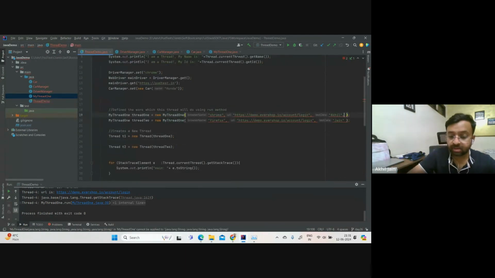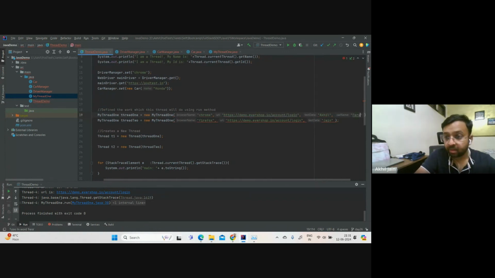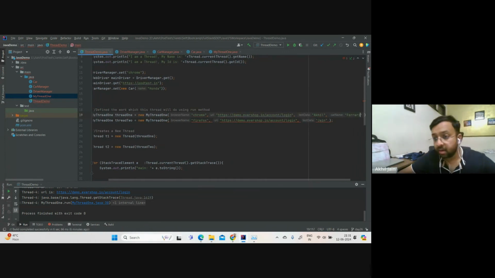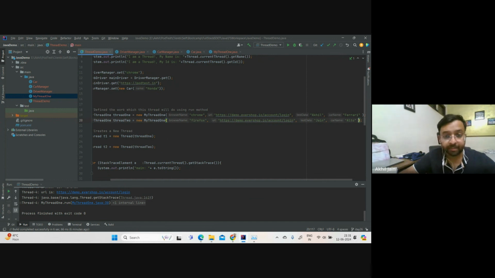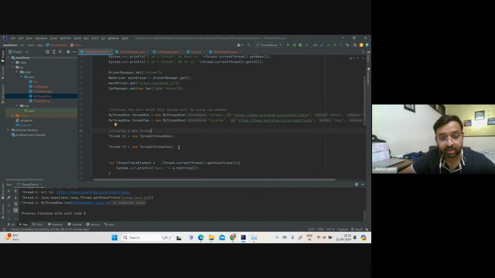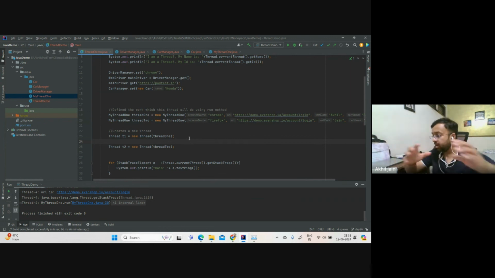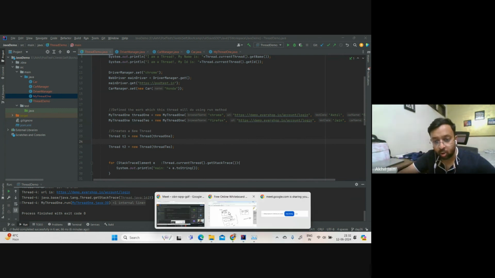This time I will provide the car to be, let's say, Ferrari. Okay. And for this one, I will say, let's say, Alto. Right. Now try to understand what is happening in this case. I have created two thread locals, right? And both of them have a responsibility to make an entry into the thread local map for the running thread, right? So if I go back here on the drawing board